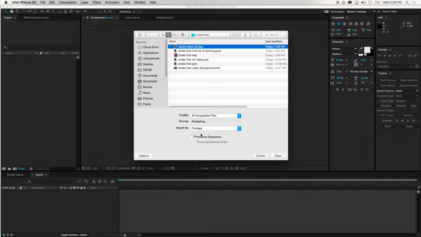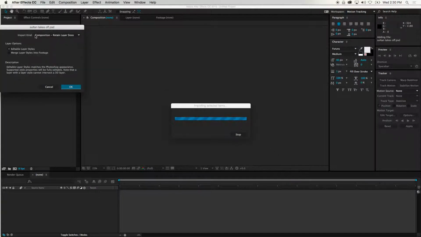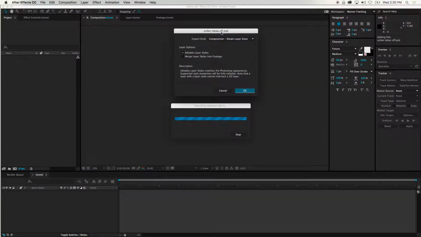that I created. And you can see right here, we want to import this as a composition that retains layer sizes. For the sake of what we're doing, we're going to retain layer sizes because if you didn't retain layer sizes, the layers would all collapse. Like say you had layers in different spots, it would collapse them and just put them all in the center. And if you've already done some pre-composition work, that's not a great idea. So we're going to say composition, retain layer size, and we say open, and it's going to confirm that same thing again, right? Saying, hey, retain those layer sizes, editable layer styles, and we say okay,